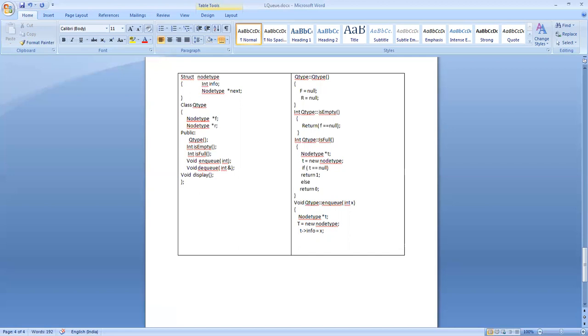And this new node is going to be the last node. So for the last node, the next field will always point to null. So here itself I set t reference next equal to null. T reference next is equal to null.